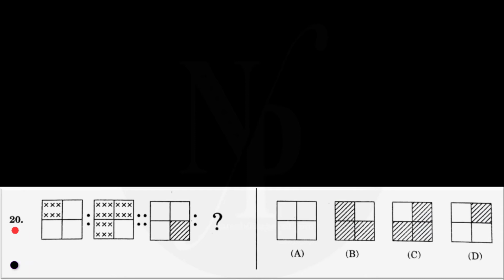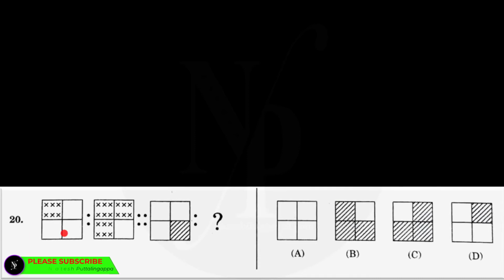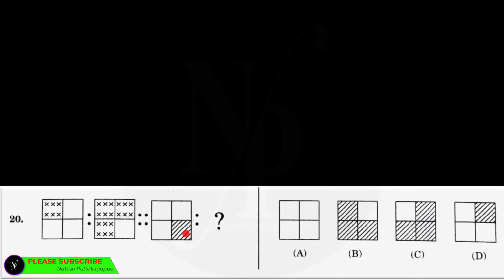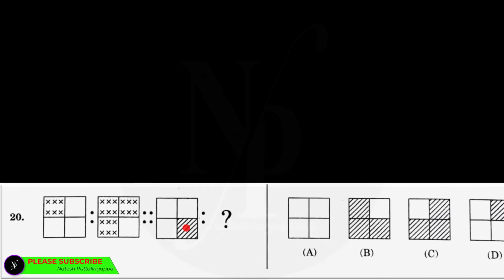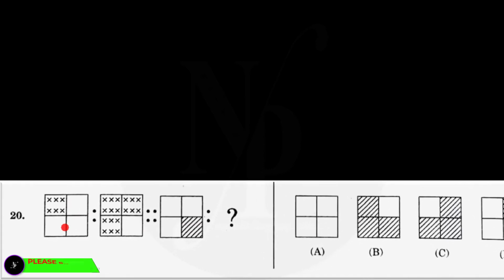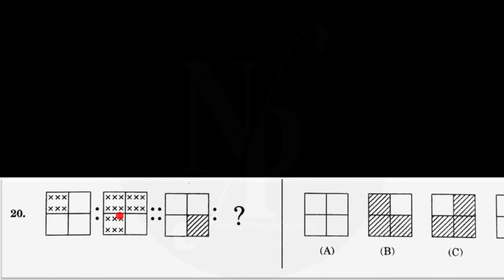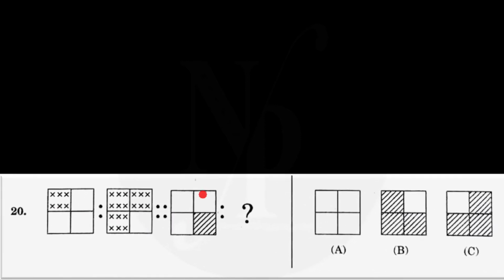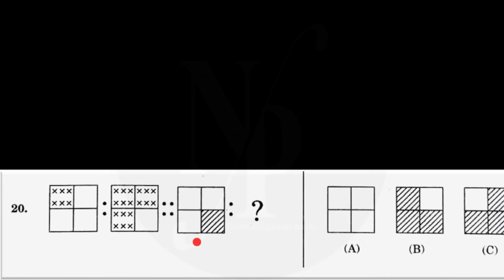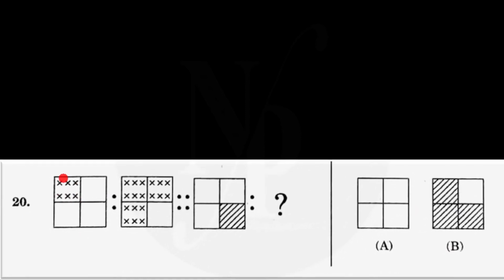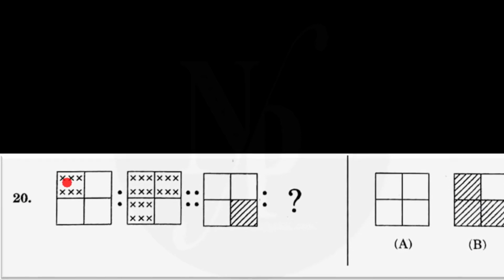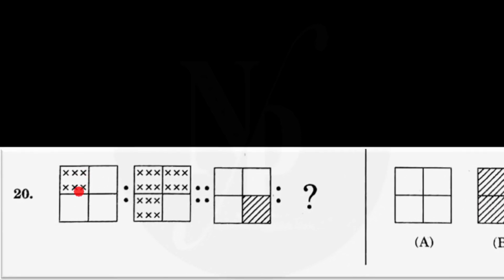question. Question number 20. Here we find squares in all the three given question figures. Also, the square is made into four equal parts by drawing two perpendicular lines at the center, which is found in all the three figures. And looking at the first question figure, the small square which is at top left corner is filled by drawing